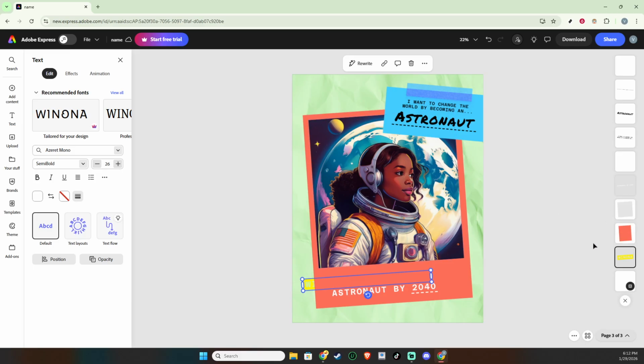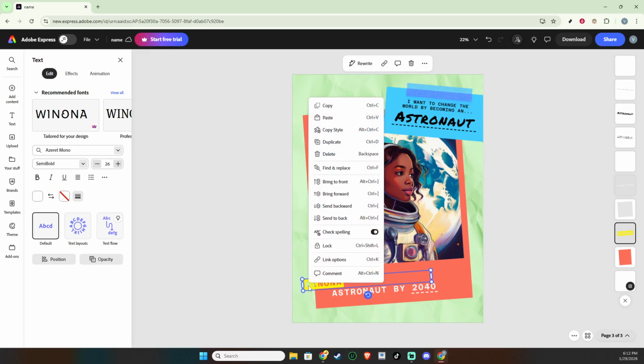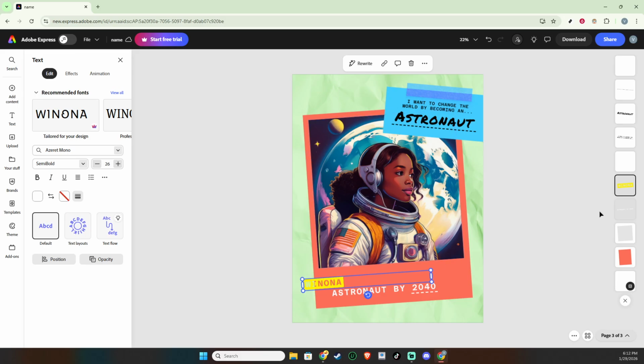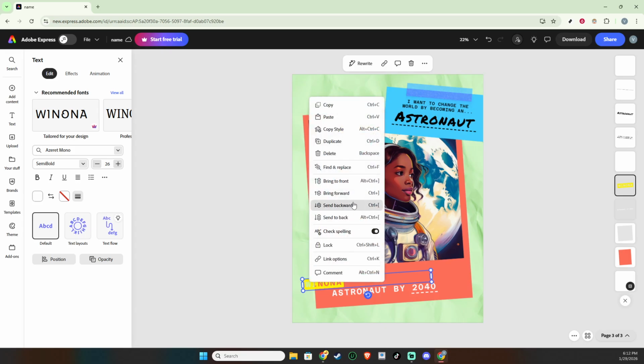Now choose how you want to move that object in the stack. Bring to front places it above everything else, which is ideal when you need a headline or a logo to sit clearly on top. Bring forward nudges it up one level at a time, perfect for fine adjustments when you only need to slide it past a nearby element. Send backward moves it down one step, while send to back tucks it underneath all other elements, useful for backgrounds